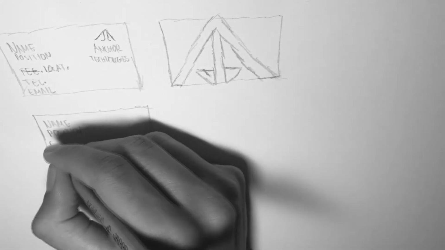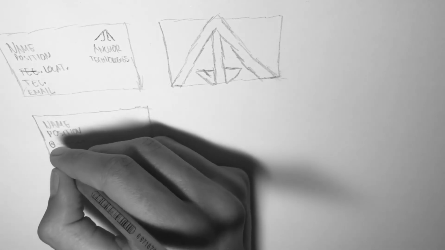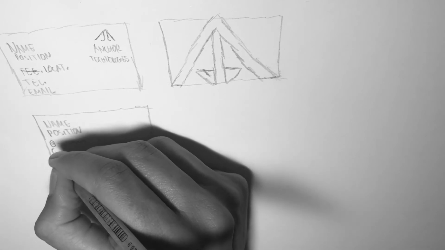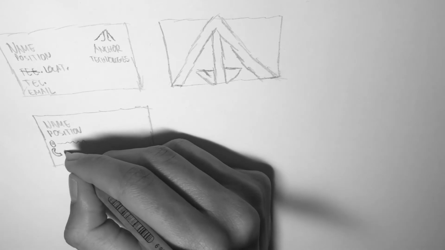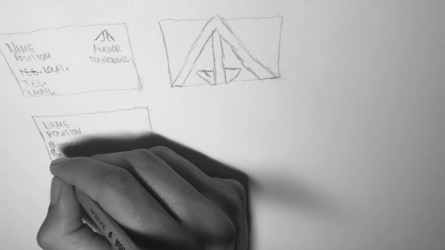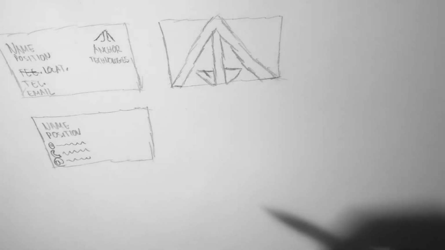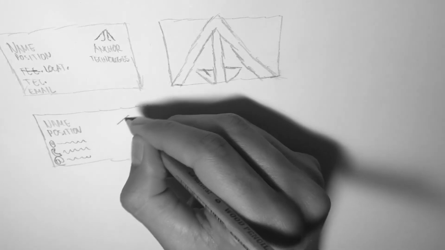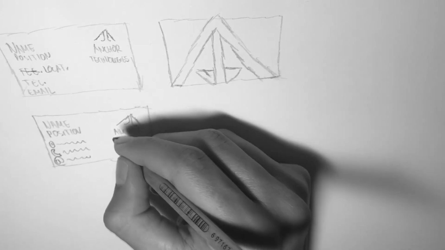We can put a location pin for the location here, telephone, we have the telephone, and for email we can put the write email here, and put the logo here again, anchor, tech,